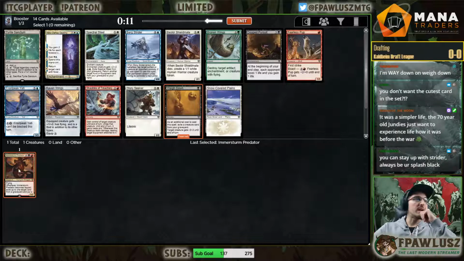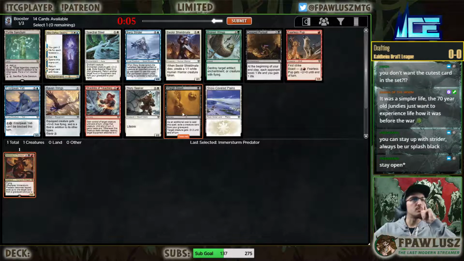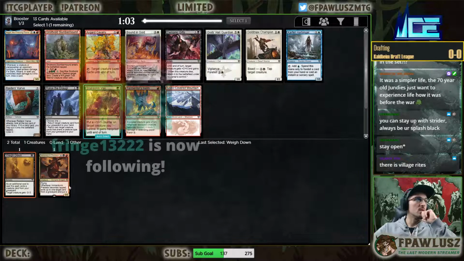I think I'm gonna try to. I've not really drafted a black-red sacrifice deck, so I'm gonna give it a shot. So I'm gonna try to position myself in black and red. So I'm probably gonna wheel the Shackles. I'm hopefully gonna wheel the Shackles, but